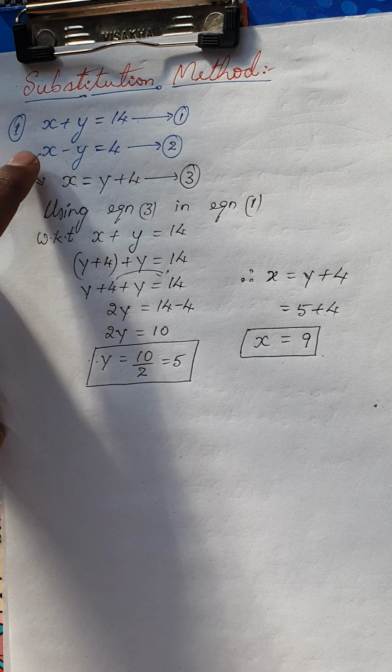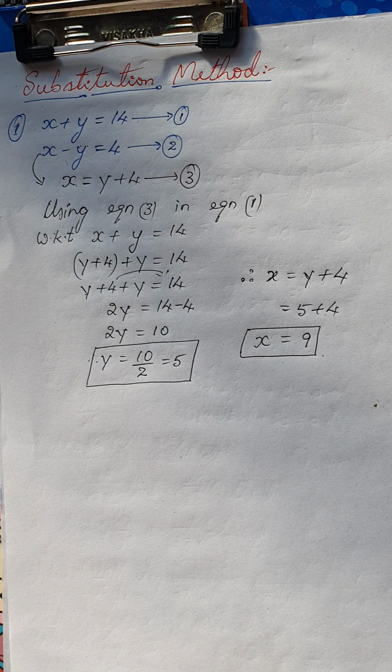When two equations are given, see whichever equation is simple to convert into one unknown variable. I hope you have got a simple picture of what the process is. Now we are going to take another example and see how we are going to solve it. Is it clear?